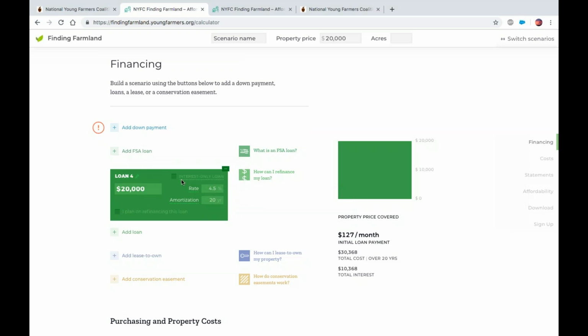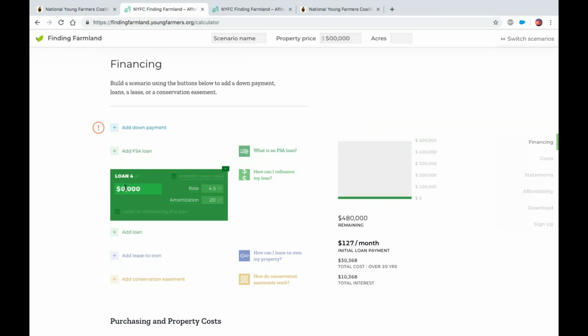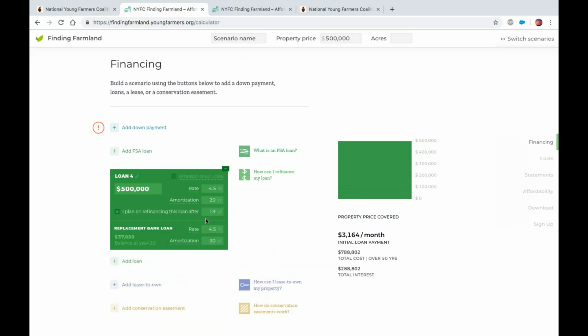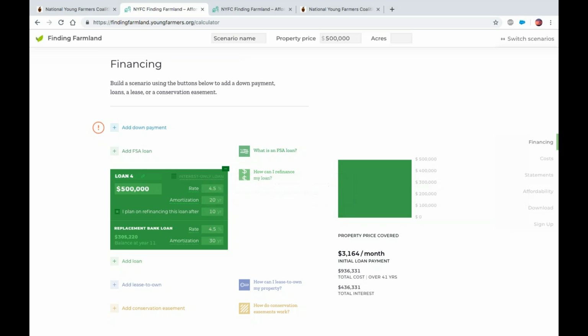So that's essentially, let's make this a little bigger so it seems realistic. What you're doing there is, at the end of the 10 years, you're not necessarily just going to pay your own cash to the landowner, even though the balloon payment is saying that the landowner is going to get cash somehow. More likely, you're going to refinance this loan at that point. So you're saying in 10 years, you're going to refinance this loan. That's one way the calculator can be used to figure out what that balloon payment would be.